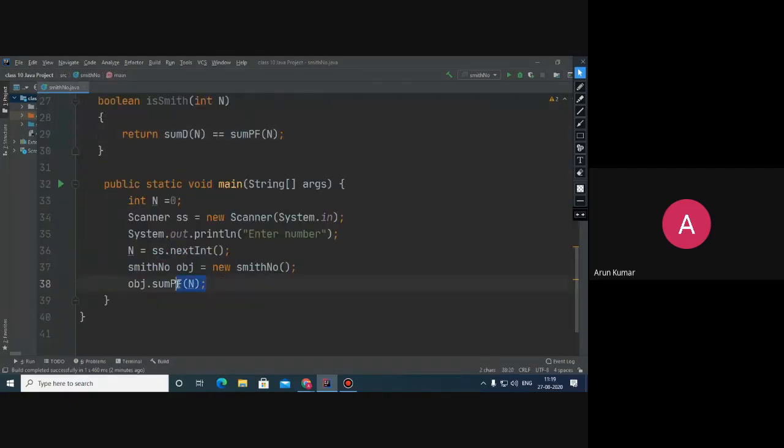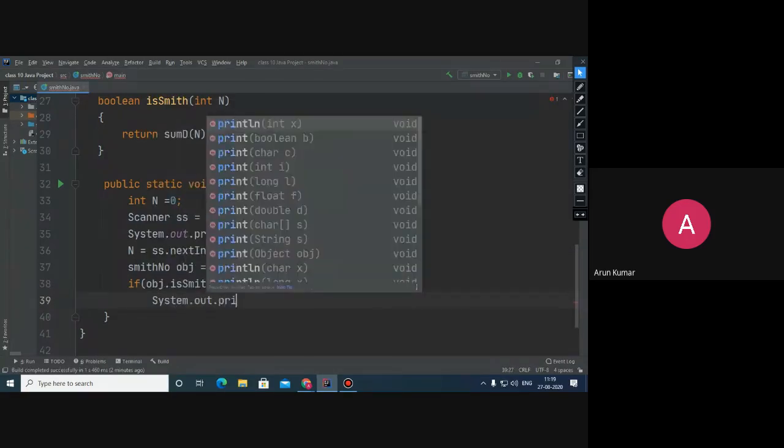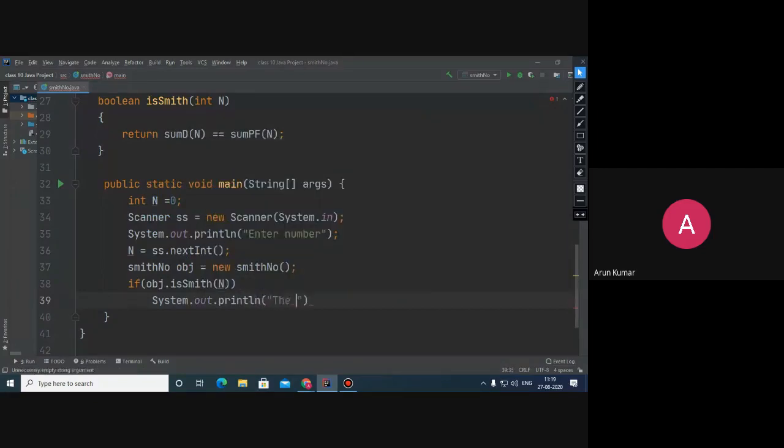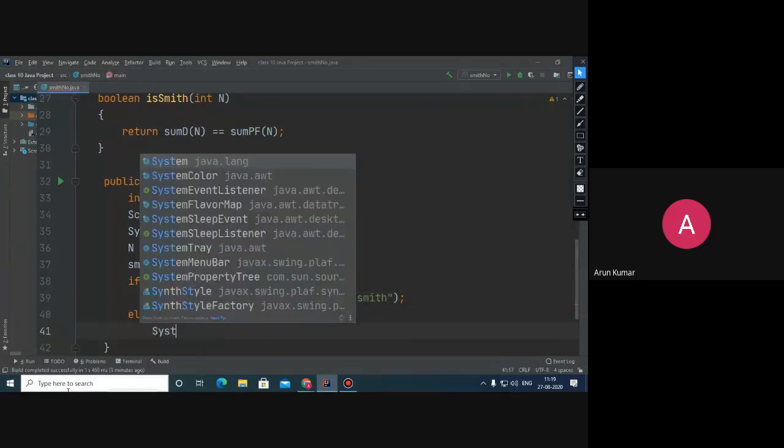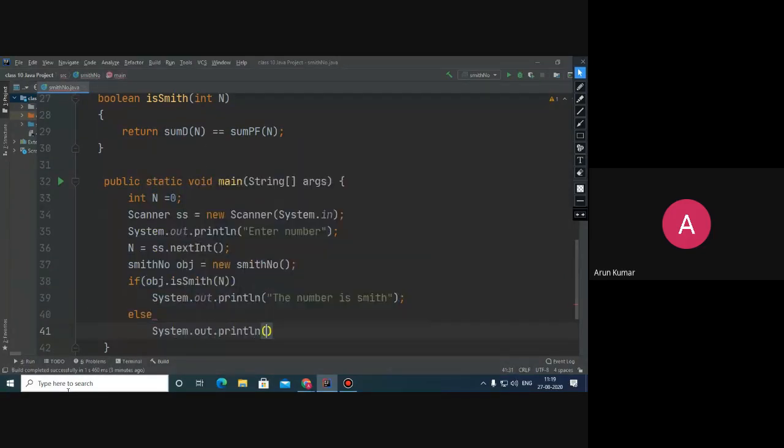So here in this case, I am just checking that if obj dot isSmith passing n, we can display this message that the number is Smith, and else the number is not Smith.